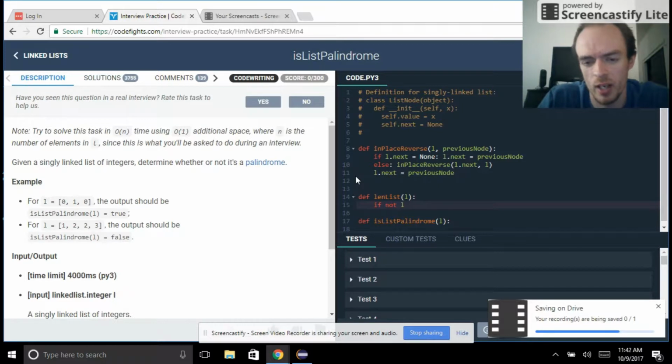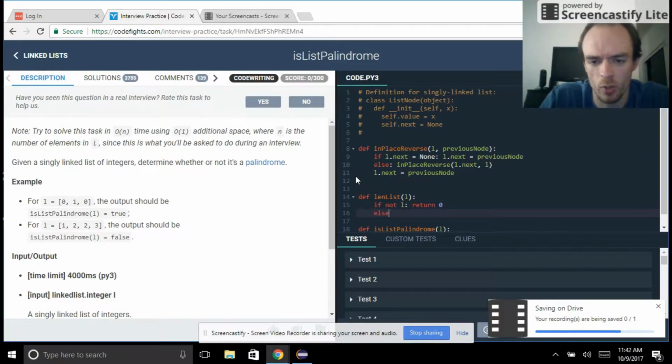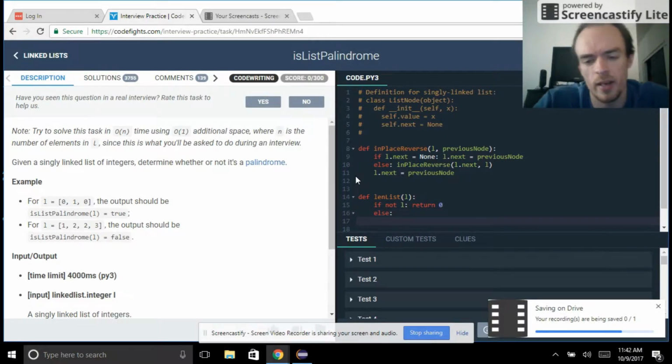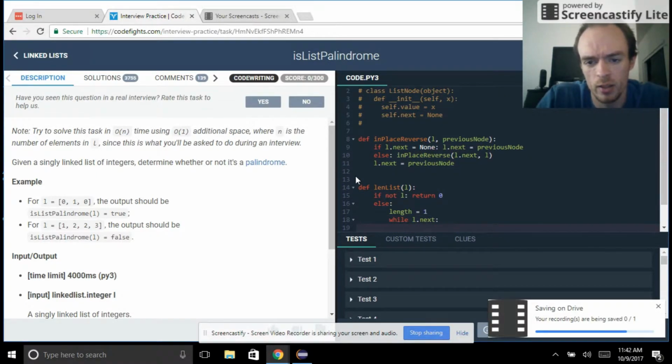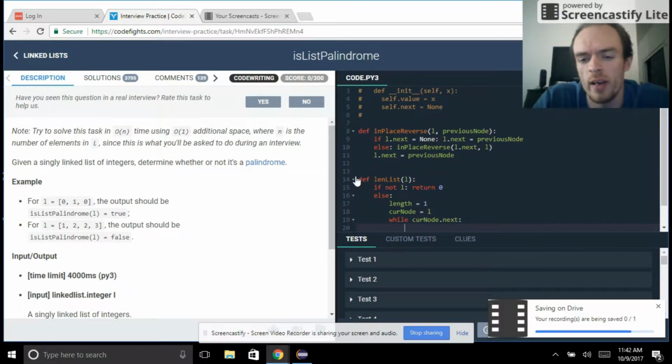If it's none, or it's 0, otherwise, then length is 1, and while L dot next is a thing, current node is L, and while current node dot next is a thing, then